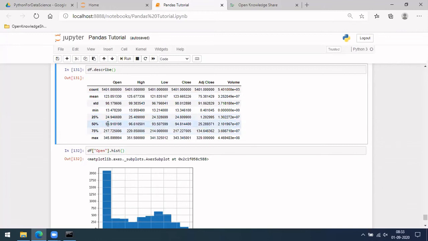Similarly, in the 50th percentile you have this as the mean, in the 75th percentile you have this as the mean, and max is this one. So that is how it is taken.